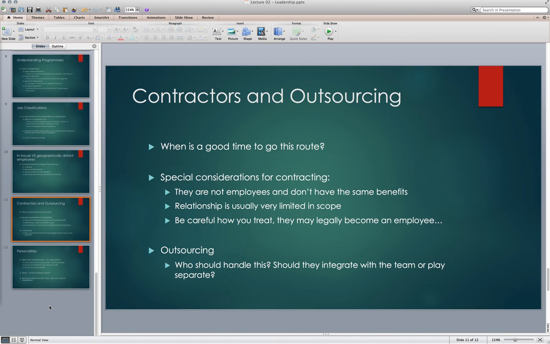Contractors, I can speak to a lot because I've been doing contract work for a little over 10 years. That role, again, is very different. There's a very different relationship that occurs when you bring contractors in. It all centers around expectations, though. Being able to communicate very, very clearly to them what you expect out of them, what they expect out of you, and come to some mutual ground where you're okay with the relationship moving forward.